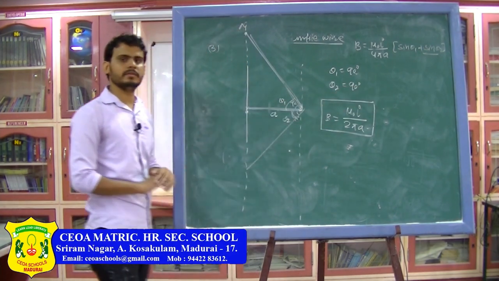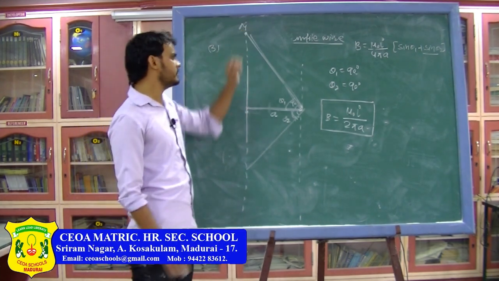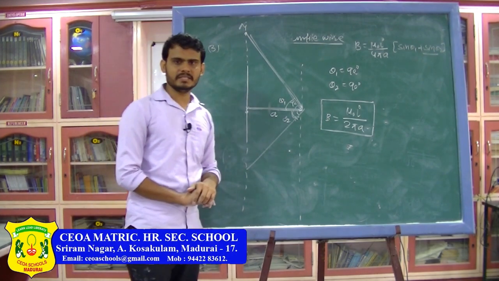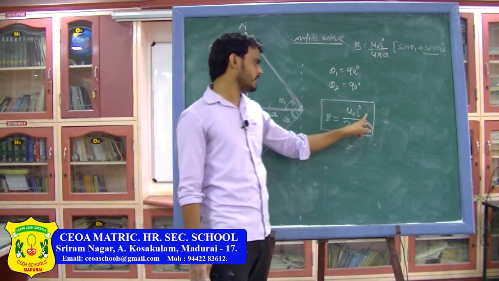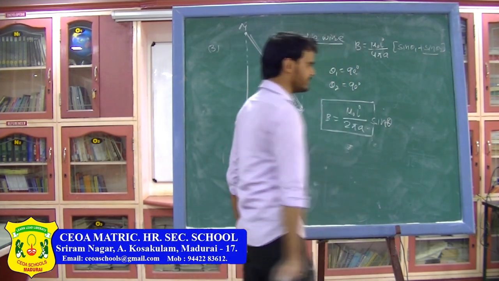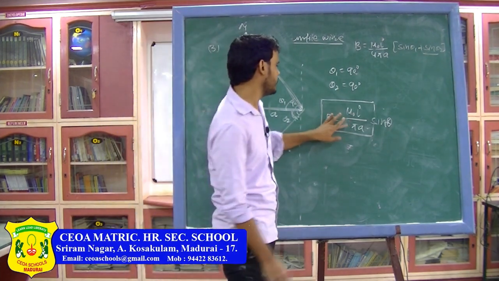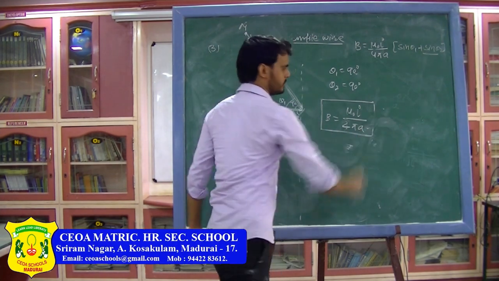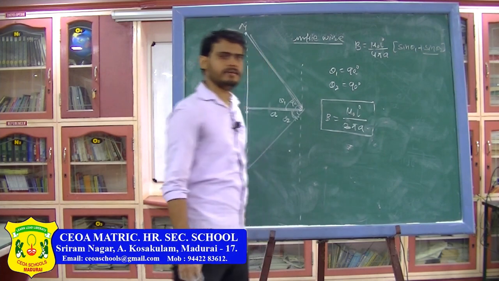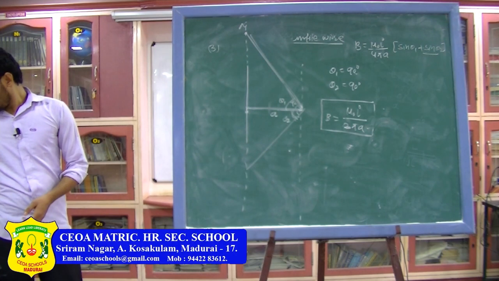Now from that we have derived some special cases. First special case: if the point is on the axis of the wire, then the magnetic field is 0. If the point is on the perpendicular bisector, then the magnetic field can be written as mu naught I divided by 2 pi a into sin theta. This was for the perpendicular bisector. Similarly, for a semi-infinite wire, the magnetic field was mu naught I divided by 4 pi a, and for an infinite wire the magnetic field is mu naught I divided by 2 pi a. So you have to remember these 5 formulas.